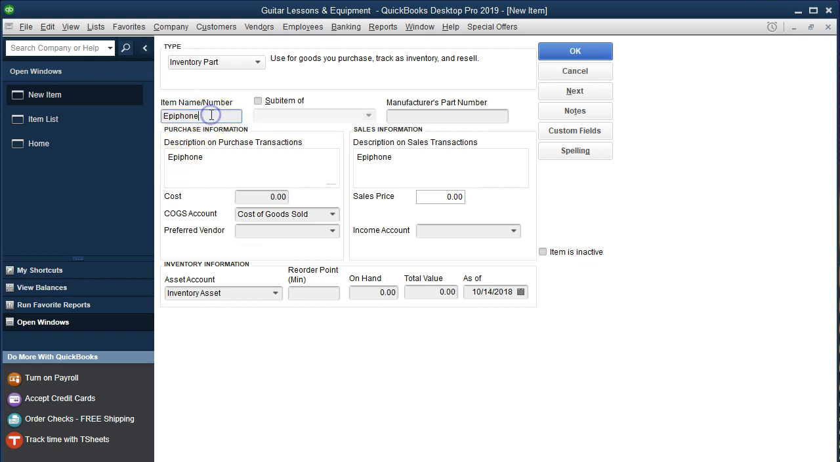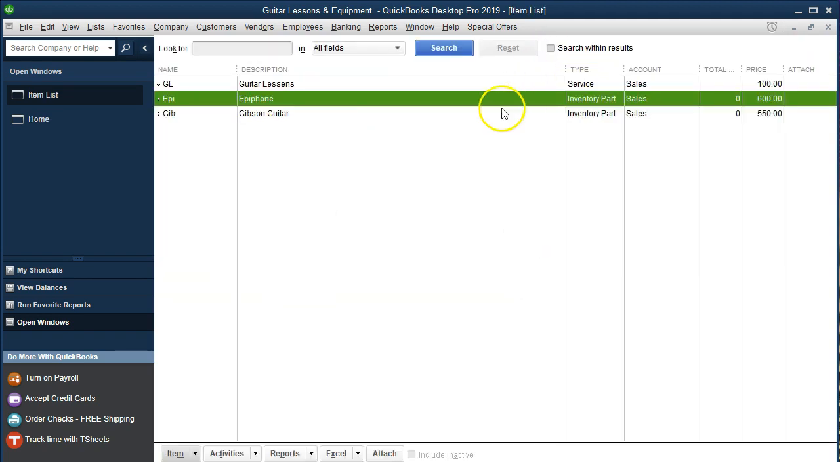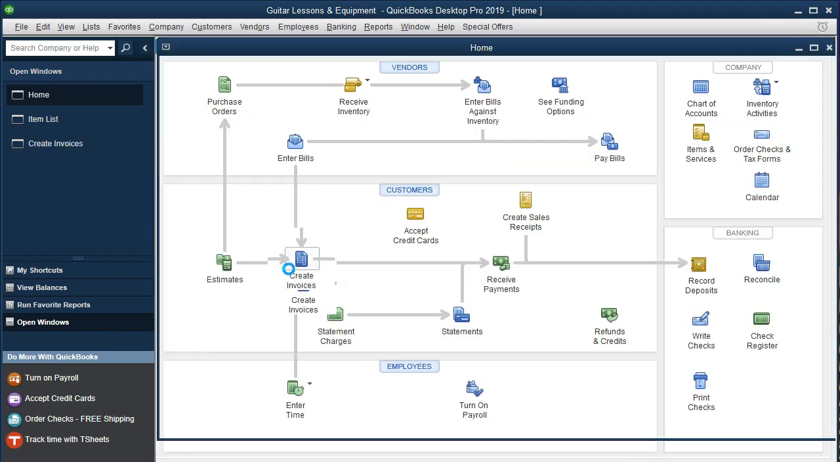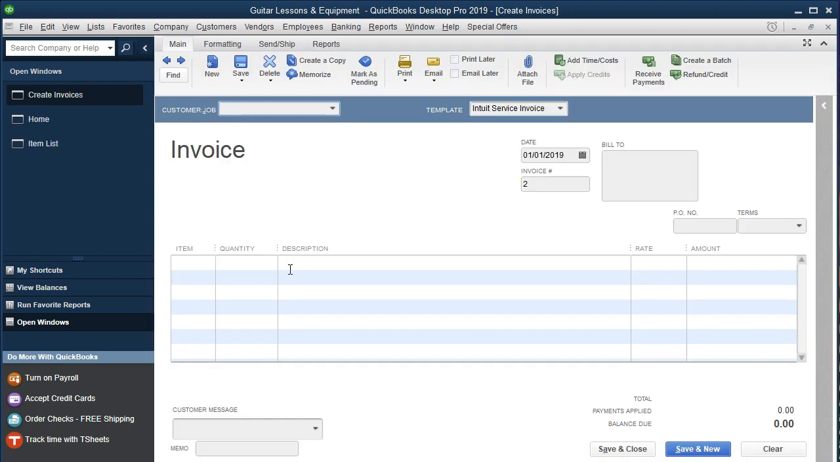And let's say that we're just going to abbreviate it up here, Epi. And that's going to be, let's say it's 440 cost, and we sell it for 600. Sales, just making these numbers up. And so if we do that and say OK, then if we go back to the home page and we make an invoice, we could start to standardize these things. We can say, okay, this is going to go to